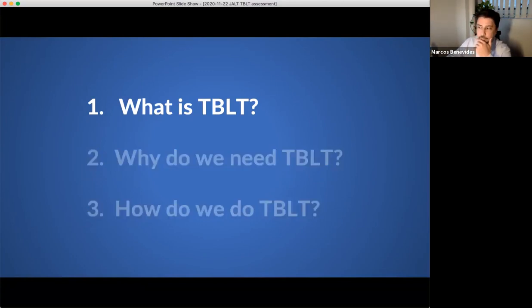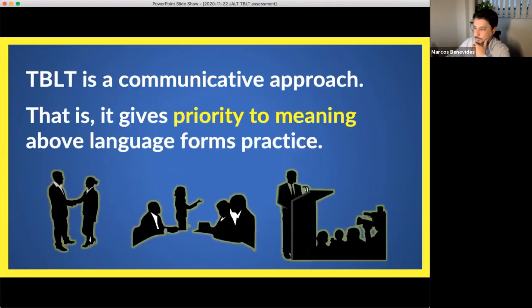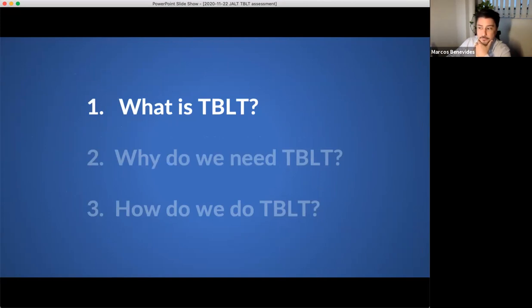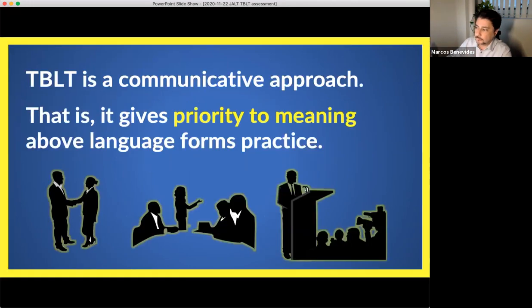So I just want to very briefly outline some of the important principles of TBLT, why we need TBLT, and then how we can do TBLT assessment specifically. To begin, I want to outline just three main principles. These are fundamental to task-based learning.